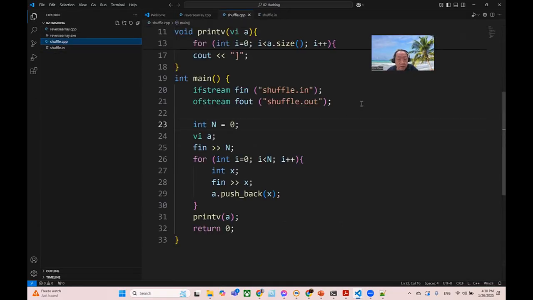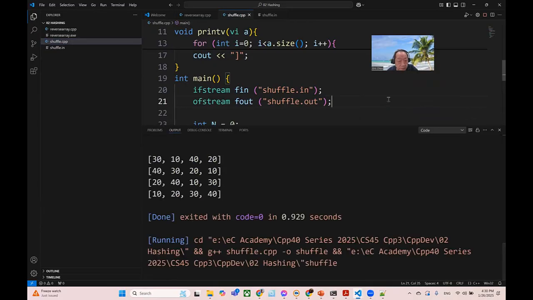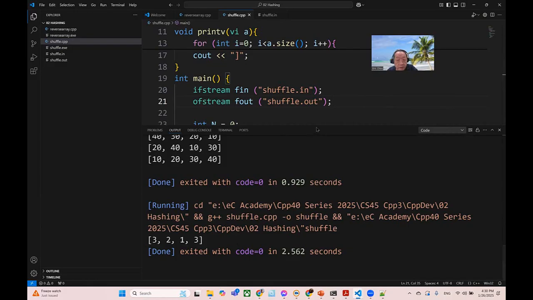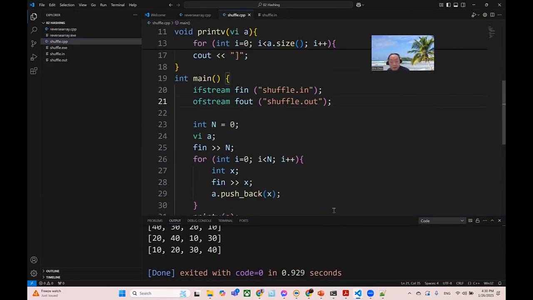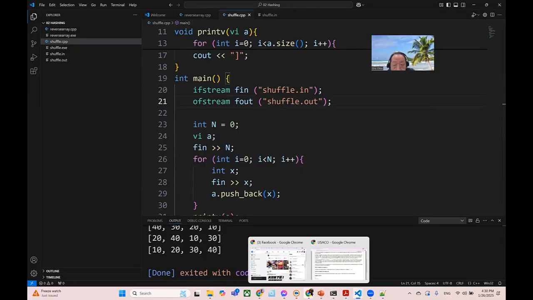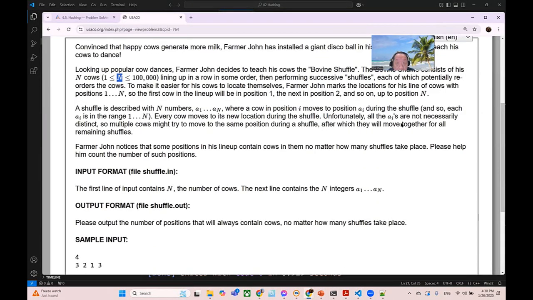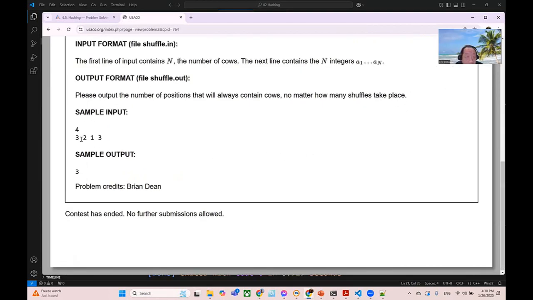Let's go to shuffle the CPP. Let's run it. Okay, so this one prints out the shuffling network. Now next one, we are going to do analysis on this shuffling network. One thing is for sure, that if on a certain run your data don't have data go to, then it will not have, the number should not